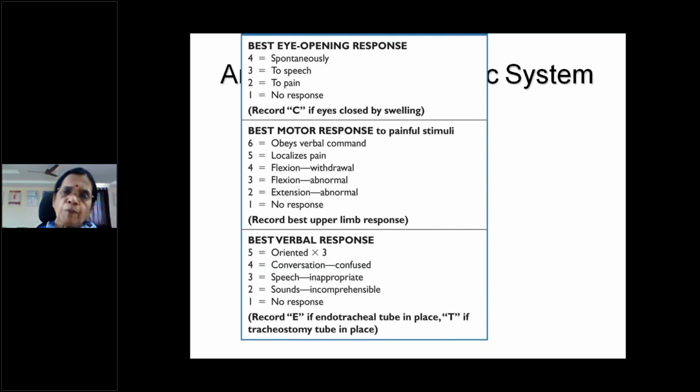While assessing the state of consciousness, there is best eye opening, and a scoring system, the Glasgow Coma Scale, where there is motor response and then verbal response. Basing on that, you can give the score. On that you can tell how much neurological deficit the patient is having, and regarding this, you can manage.